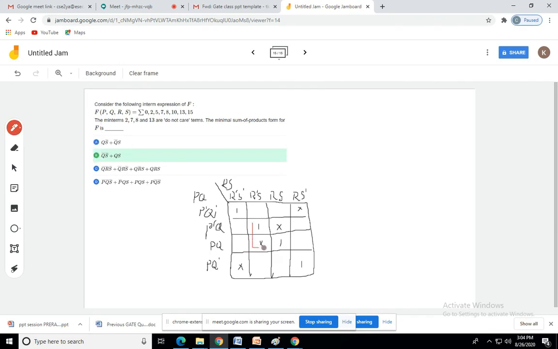Here is a 4 adjacent cell quad combination, and the corner ones form another quad. Here it is a don't care, and this is also a don't care. These two don't cares can be included to make this one a quad. In the same way, here we are having don't care, and here also we are having don't care. So in order to make this corner one and this corner one a quad, we can include these two don't cares. So we'll get the result.